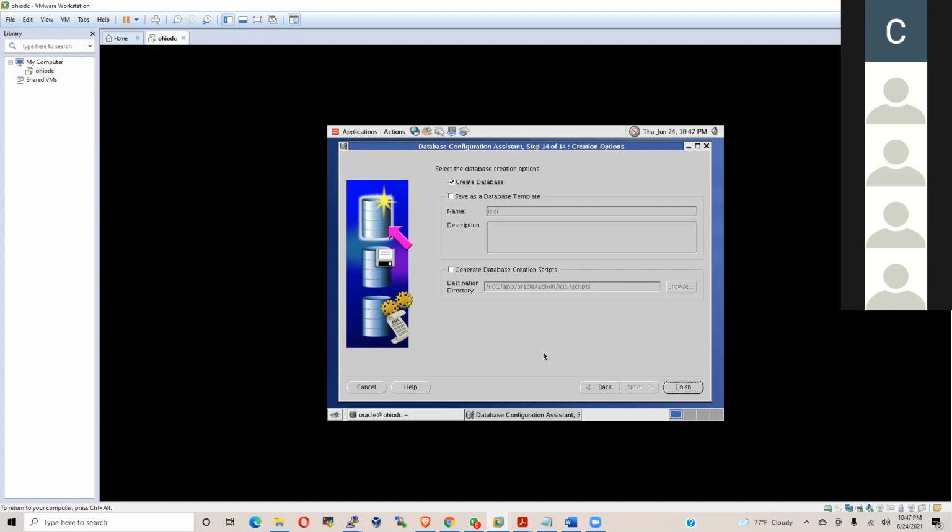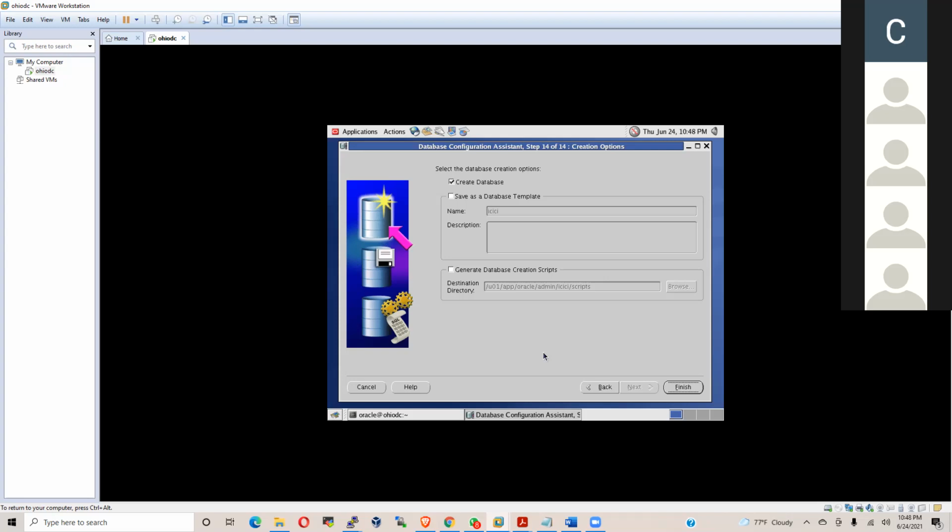When you become perfect in all the concepts, then I will explain DBCA once again, and you can observe the difference. Once you know all the concepts, you ask me the same question, can we do database creation with the help of DBCA? At that time, I'll show you the DBCA method.